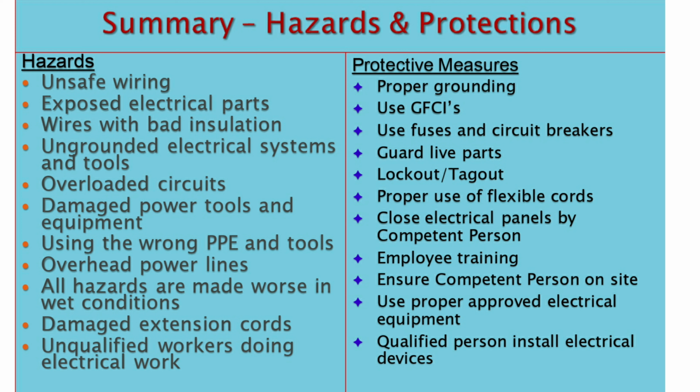Hazards and protections. Hazards: unsafe wiring, exposed electrical parts, wires with bad insulation, ungrounded electrical systems and tools, overloaded circuits, damaged power tools and equipment, using the wrong PPE and tools, overhead power lines. All hazards are made worse in wet conditions. Also damaged extension cords and unqualified workers doing electrical work. Protective measures: proper grounding, use GFCIs, use fuses and circuit breakers, guard